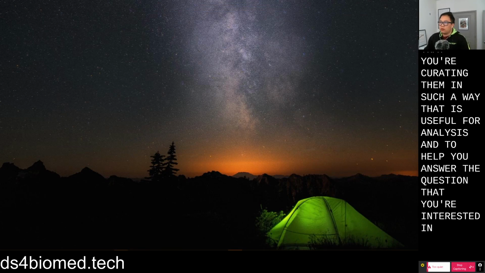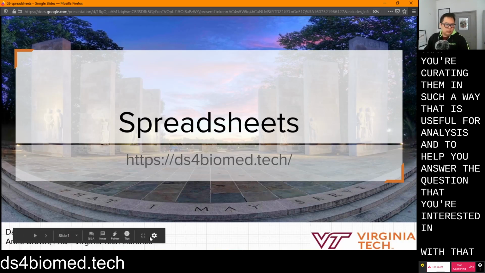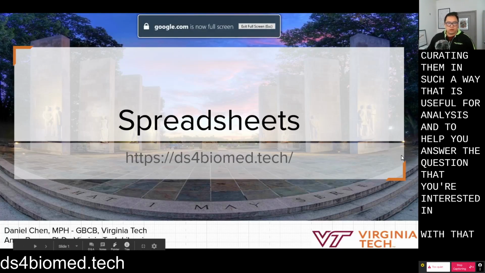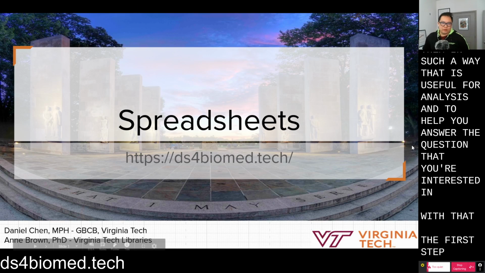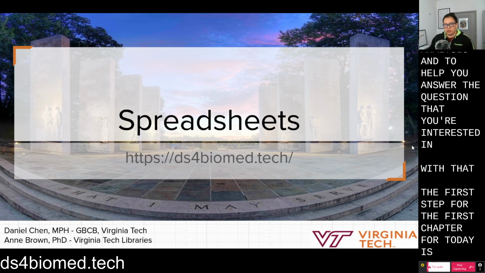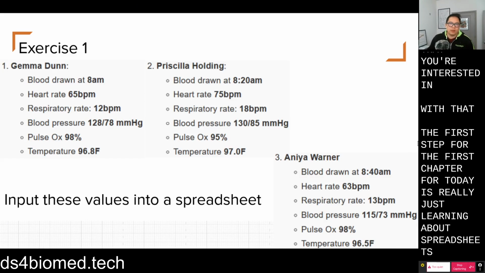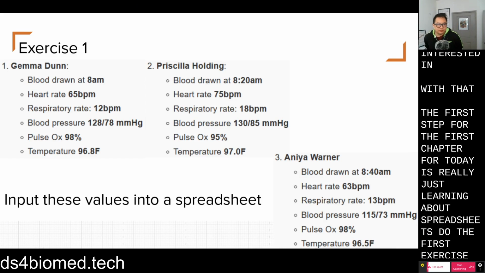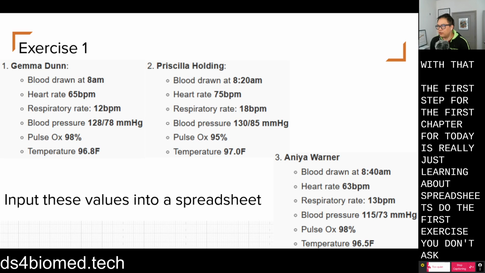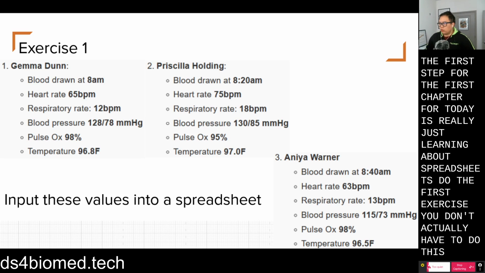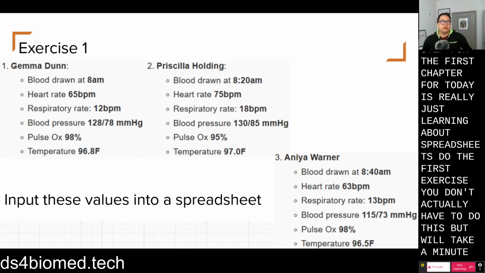So with that, the first step, or the first chapter for today, is really just learning about spreadsheets. The first exercise, you don't actually have to do this, but we'll take a minute. And let's say you